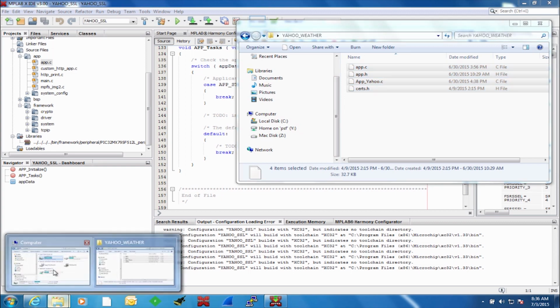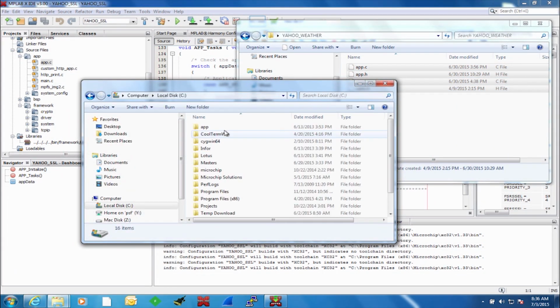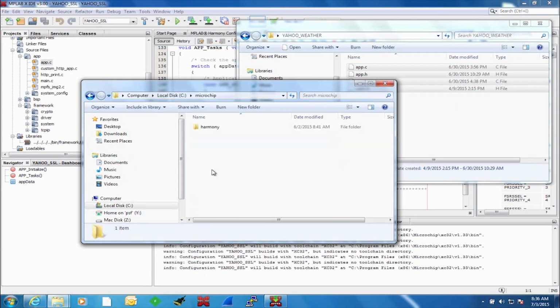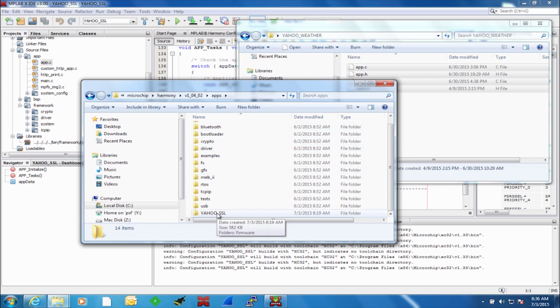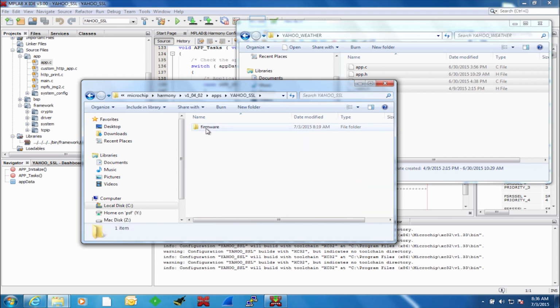And if I go onto my computer under Microchip Harmony version 1.04.02 apps, you will notice that there's a new folder for our project that we just created. If I go in this project,